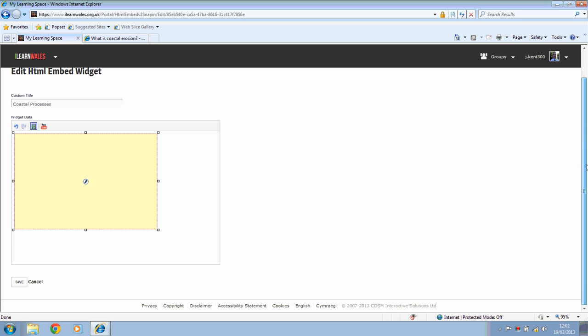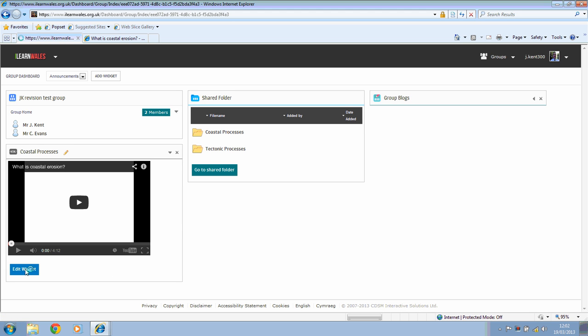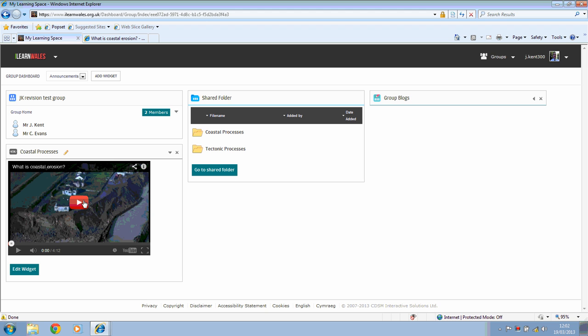I've just shrunk it a little bit to make sure that it fits inside the box when it appears on the screen. If I press save now, when that comes up on the screen, you can see that I've now successfully embedded my YouTube clip, okay, on the screen, and I can either play it in the screen here, or I've got the option to view full screen. So if there's particular videos that you want the students to watch to support their revision, you can embed them in that way if you like. Okay, so that's embedding